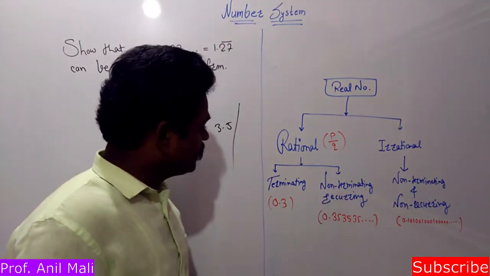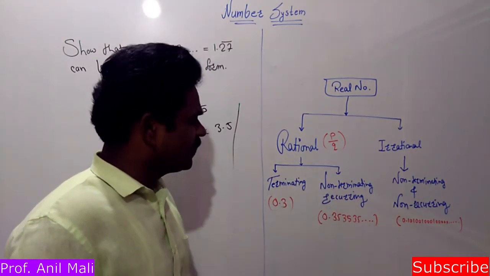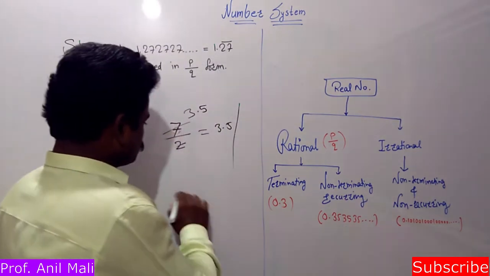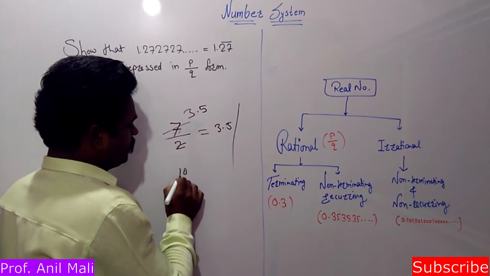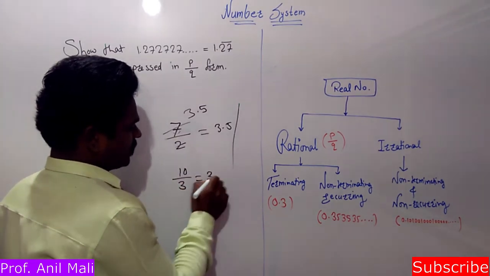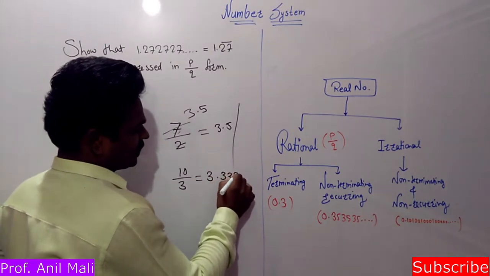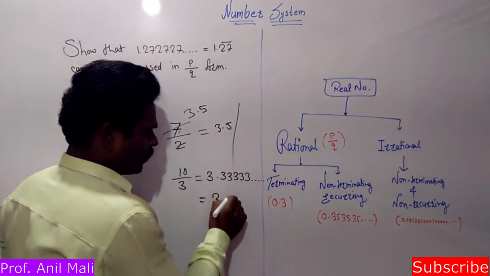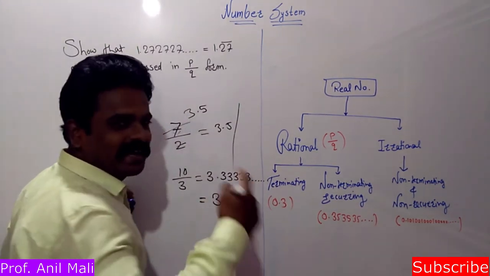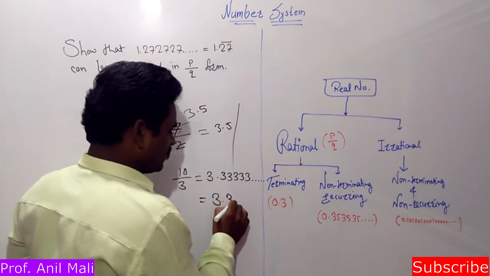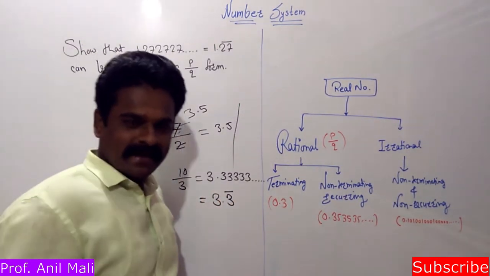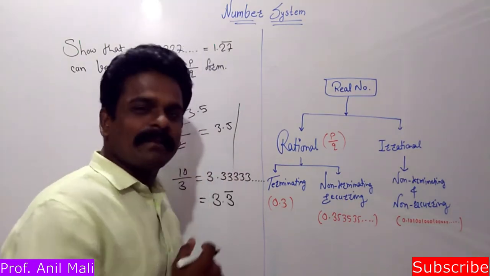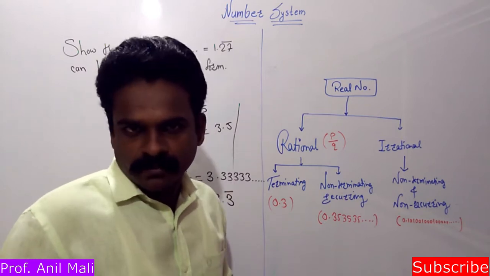Then another part of the rational numbers is non-terminating and recurring. Non-terminating and recurring digits are there. A simple example is 10 by 3. 3 3s are 9, one left, and again 3 3s are 9, and so on. So the same can be written as 3 point, and 3 is repeating again and again. That's why we write 3.3 bar. The bar indicates that the number or group of digits under the bar are repeating again and again.